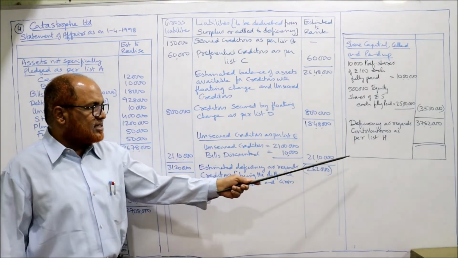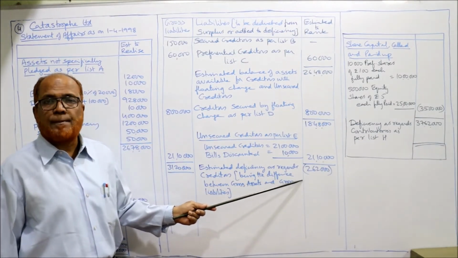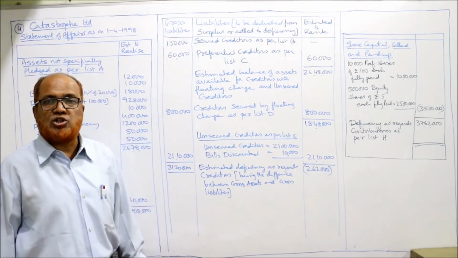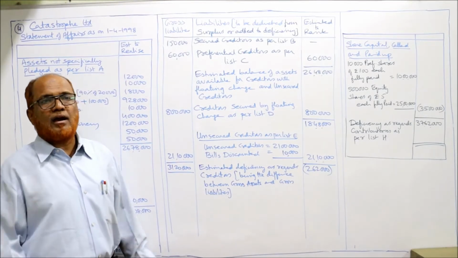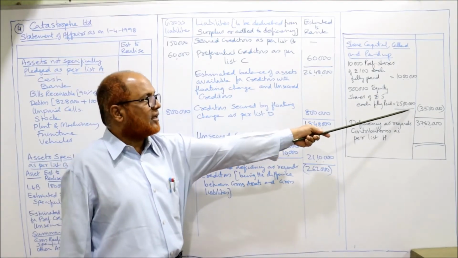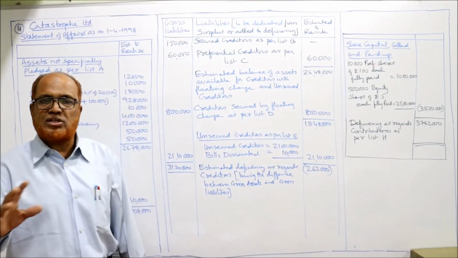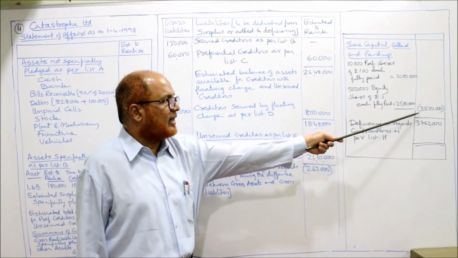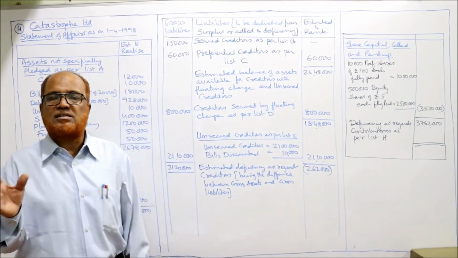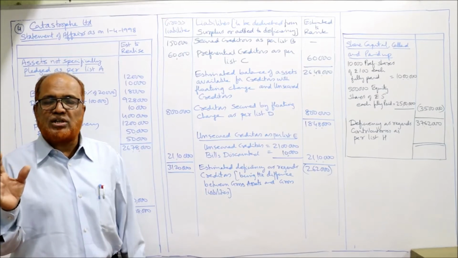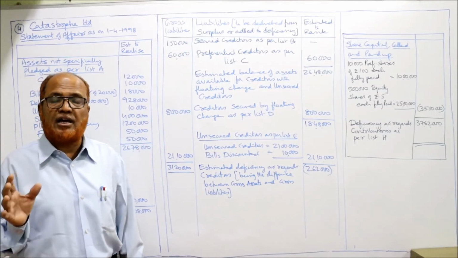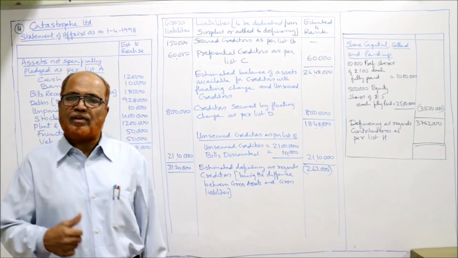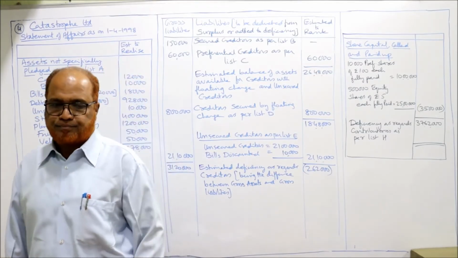Already there is a deficiency as regards creditors. Creditors को पे करने के लिए deficiency 2,62,000 है, shortage है. और पे करना है capital. Capital पे करना है 35 lakh. Now दोनों deficiency को add कर लो. तो 2,62,000 plus 35 lakh, 37,62,000 is the deficiency as regards contributories, as per list H. So we have completed problem number 4.